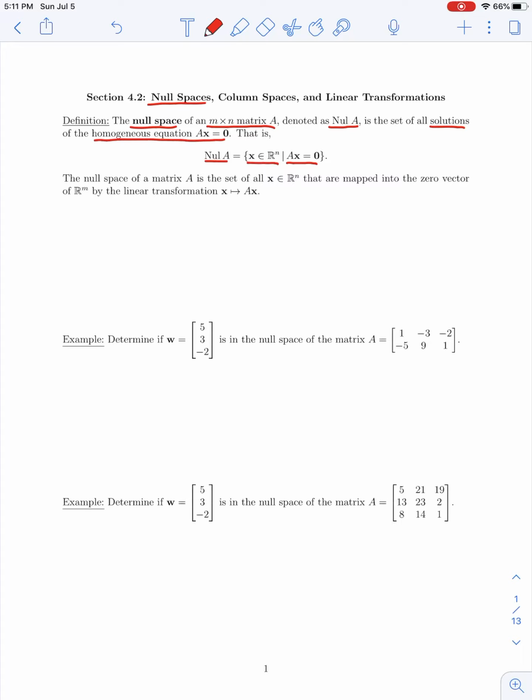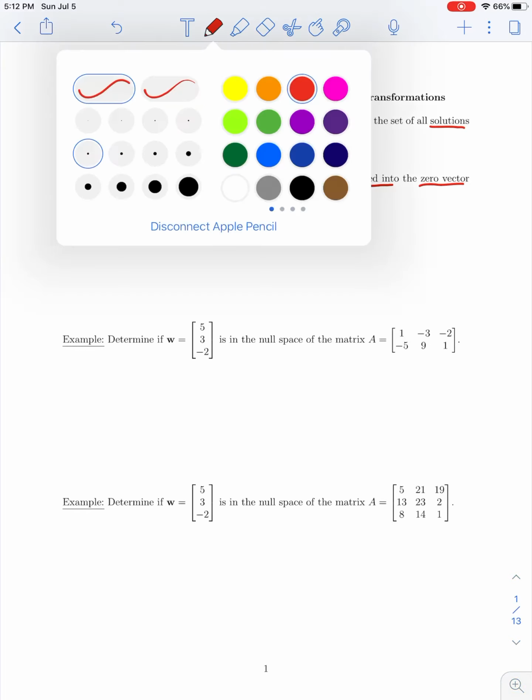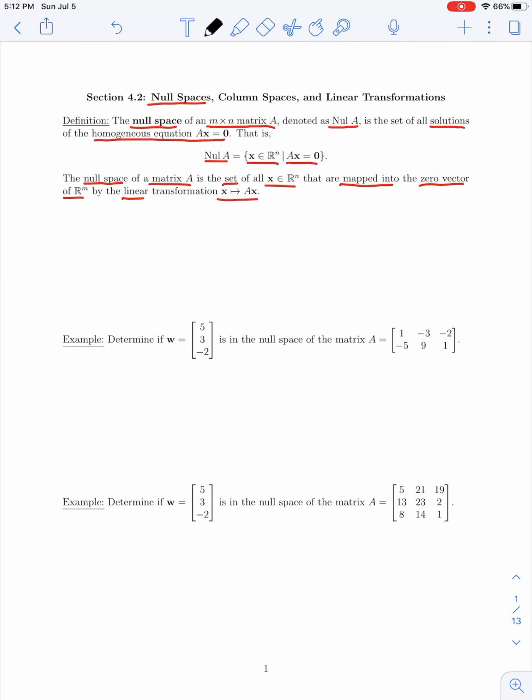So the null space of a matrix A can be thought of in terms of a linear transformation as the set of all vectors x in Rn, which are mapped into the zero vector of Rm by the linear transformation x maps to Ax. So visually, if we have